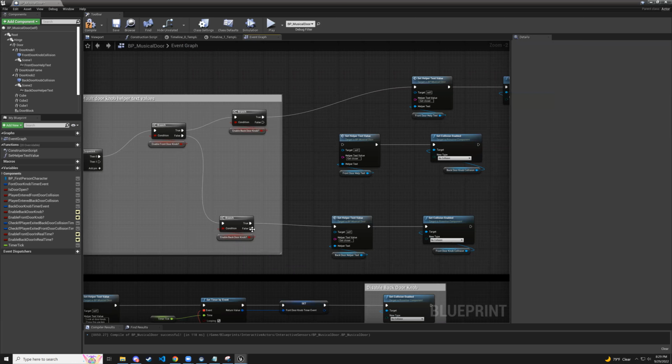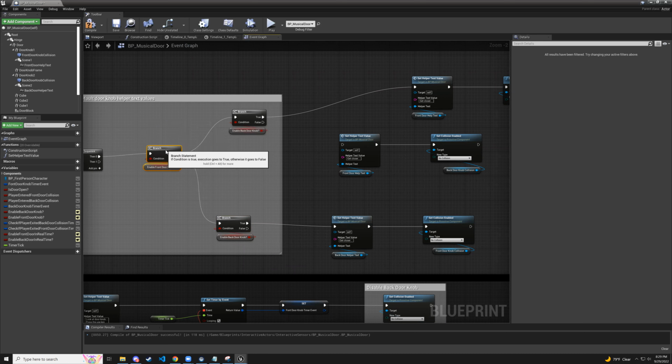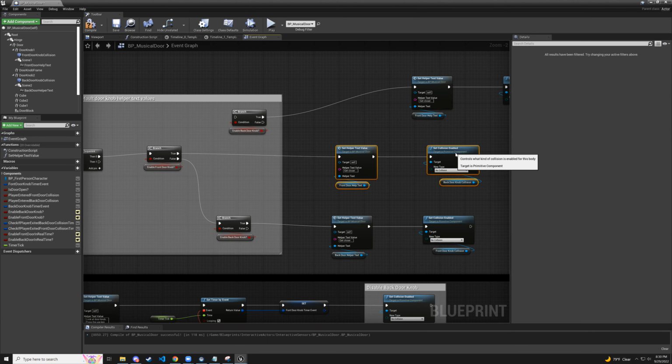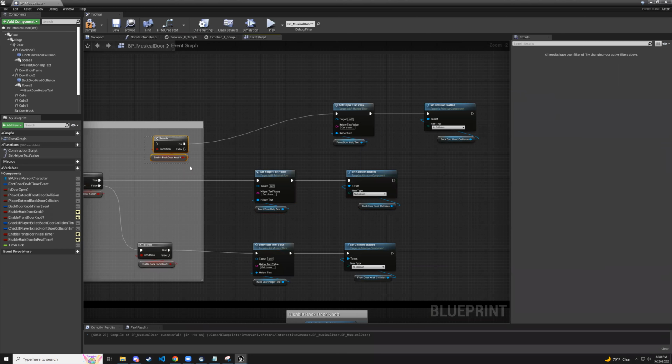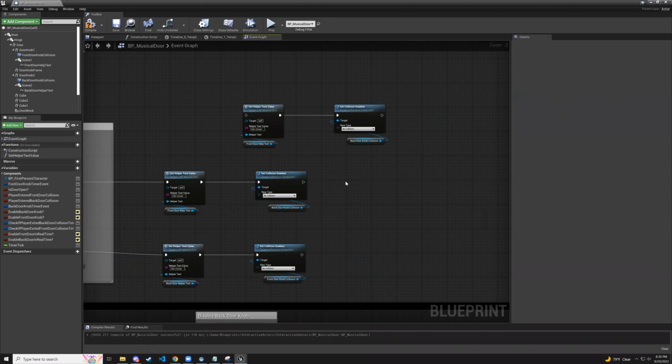What bottom branch? This one? Yeah. No. If only the front door is enabled, only the front door, then we need to have the same helper text and disable the backdoor collision. If the back door is enabled,